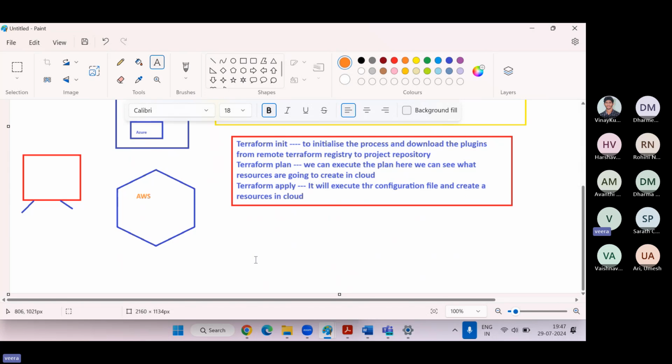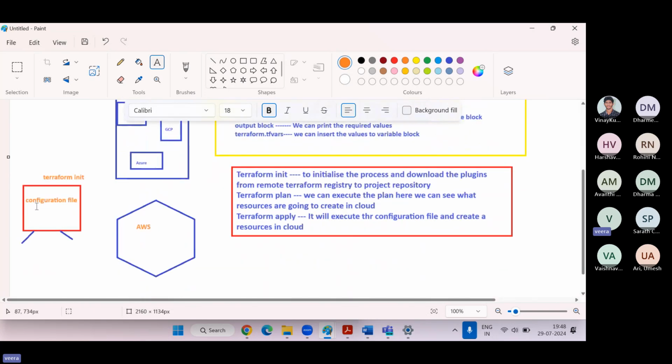For example, if I write an EC2 creation block, whenever you execute Terraform init, your configuration file is to create an EC2 instance, right? Inside this configuration file, we will write code to create the EC2 instance.